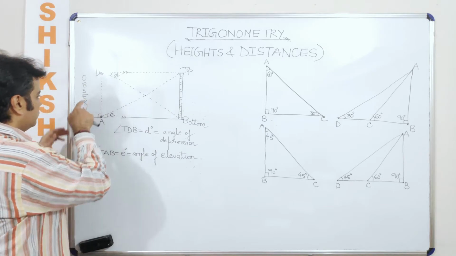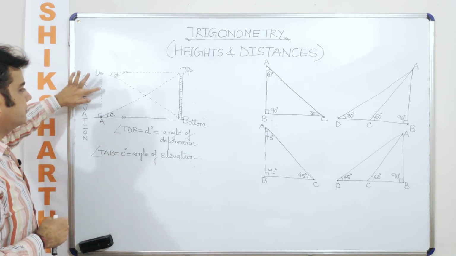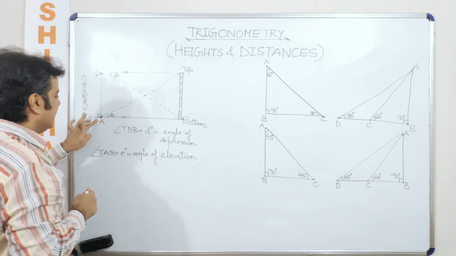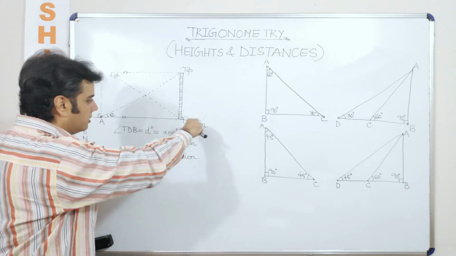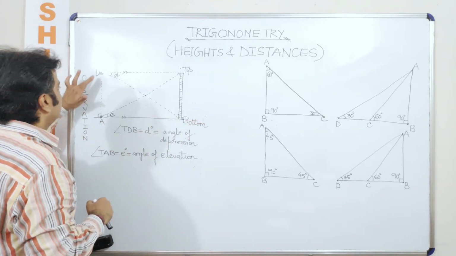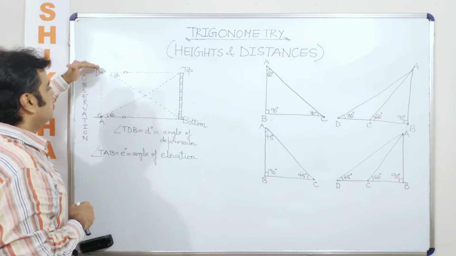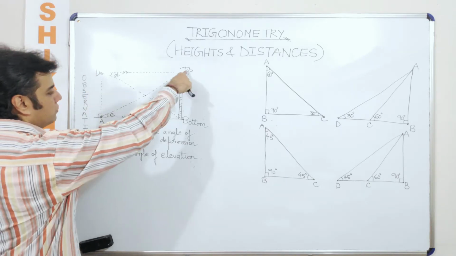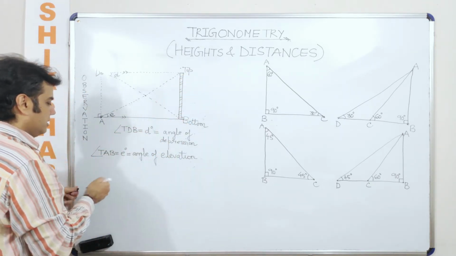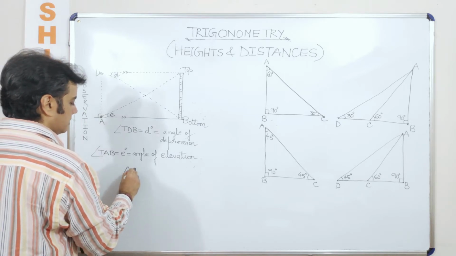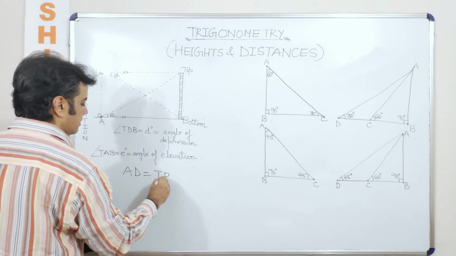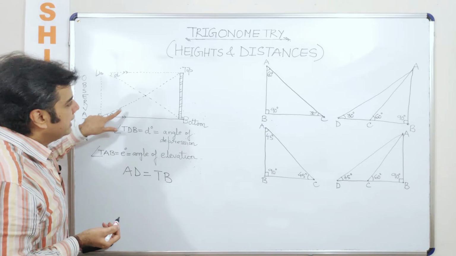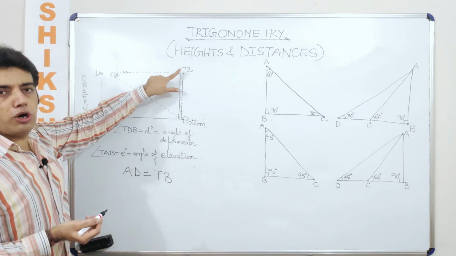So now if there are two things as I talked about, there will be an angle of elevation. So if I say that these are 2 points of observation. Now, where am I observing? So this is the point of observation. I am taking A as a point of observation which is on the ground. Let's say this is the ground. And then there is a point of observation above the ground which is D. So what I'm saying here is, let us say AD is equal to TB. If I take this as TB. So I'm assuming here AD is equal to TB. Right? So now from the ground, if I am looking at the top of this board, the top end of the board,